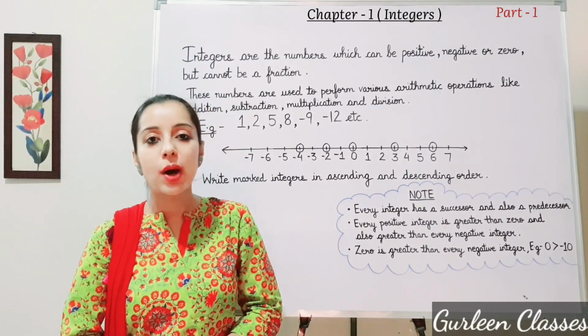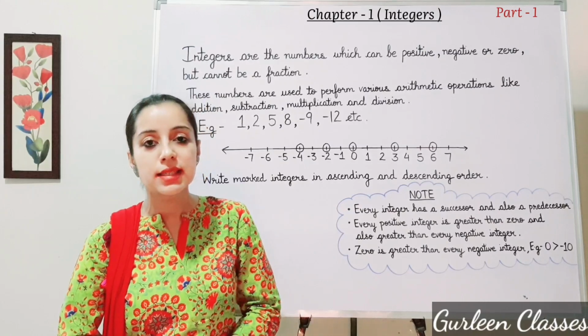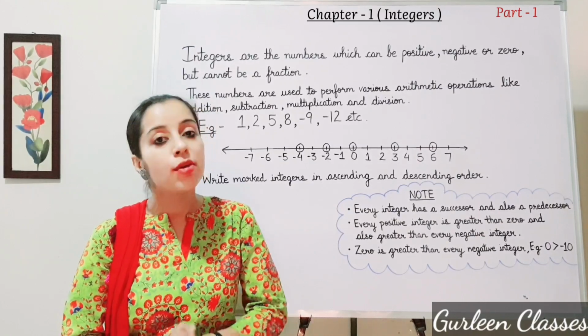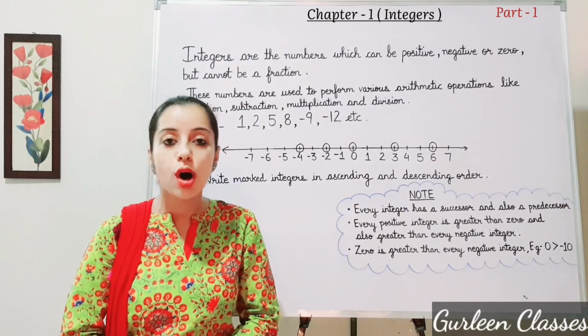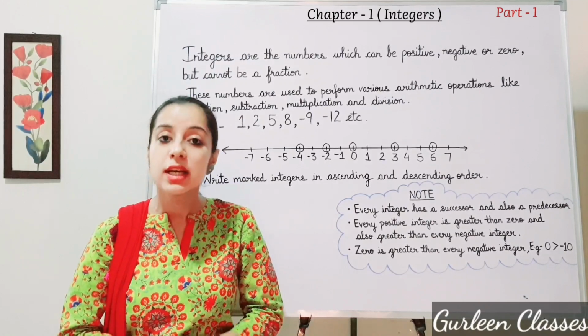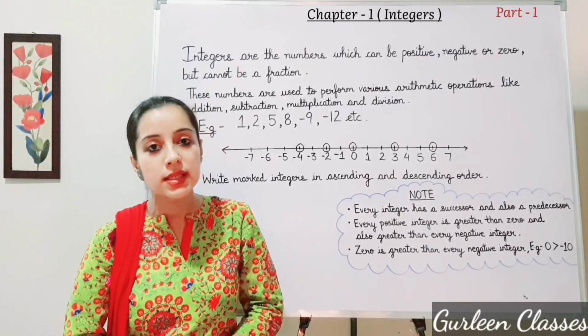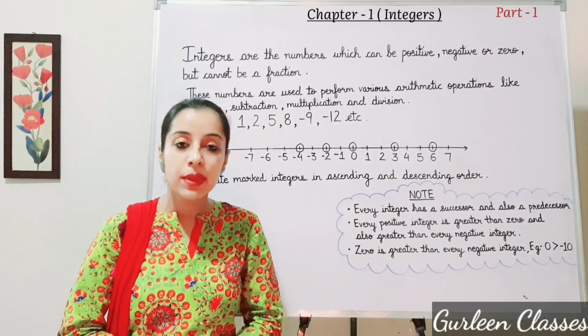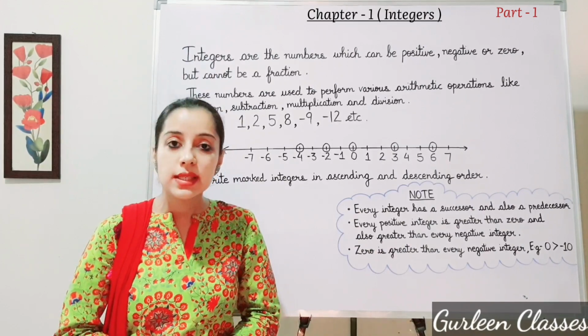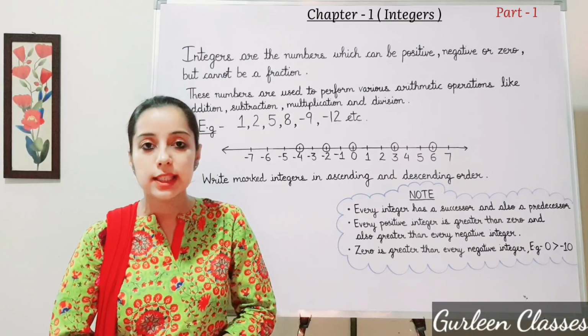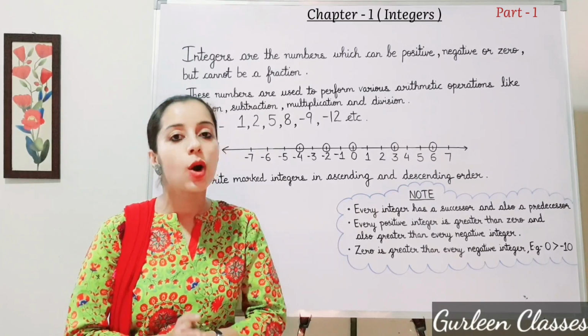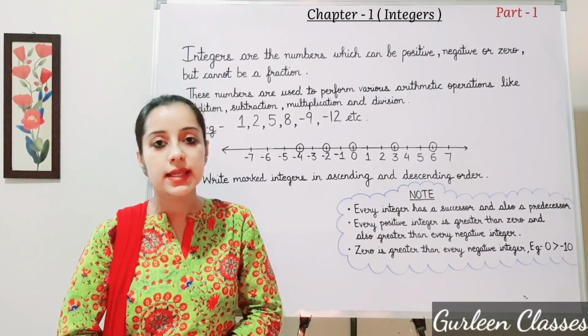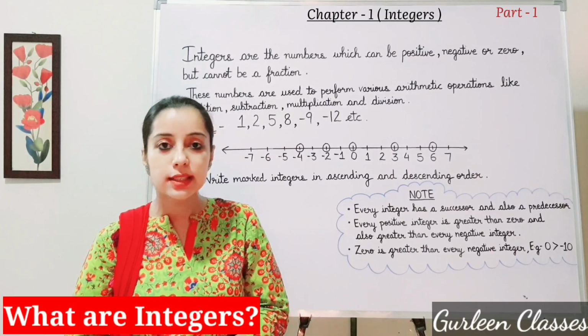We have learned about whole numbers and integers in our previous class 6. We all know that integers form a bigger collection of numbers which contains whole numbers and negative numbers. In this class, we will be studying something more about integers, their properties and operations. So first let us see what are integers.